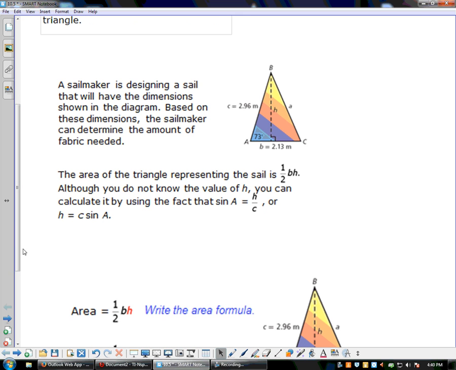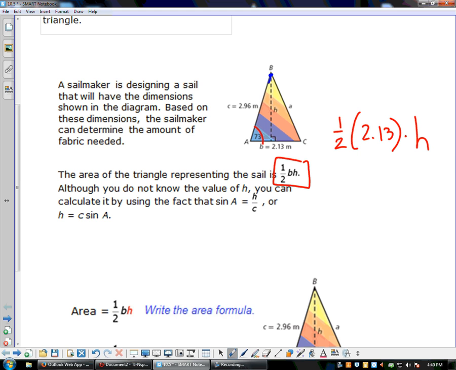We've got a sail maker who is designing a sail that will have the dimensions shown in the diagram. Based on these dimensions, the sailmaker can determine the amount of fabric needed. The area of a triangle, as you know, is 1/2 the base times the height. In this case, it's going to be 1/2 times 2.13 times whatever the height is. But we're not given the height, but we are given that this angle is 73 degrees and that this side